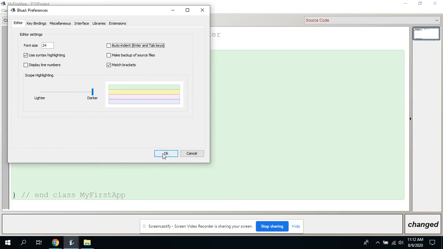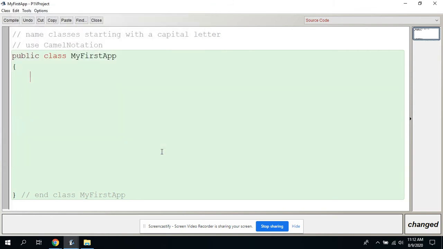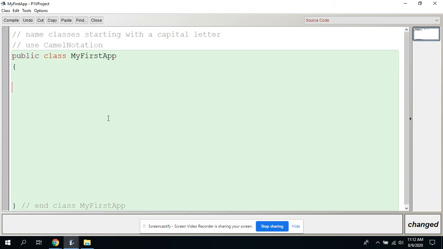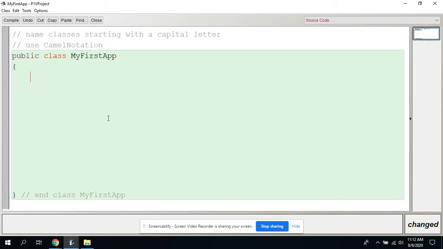Okay, you can pick colors and stuff in here. Anyways, I would take off the auto indent and just hit tab, which I think is equal to 3 spaces. 1, 2, 3. Okay, but tab is quicker. So I'll just tab, and all the lines of code are going to be tabbed in at least once. We're going to do public